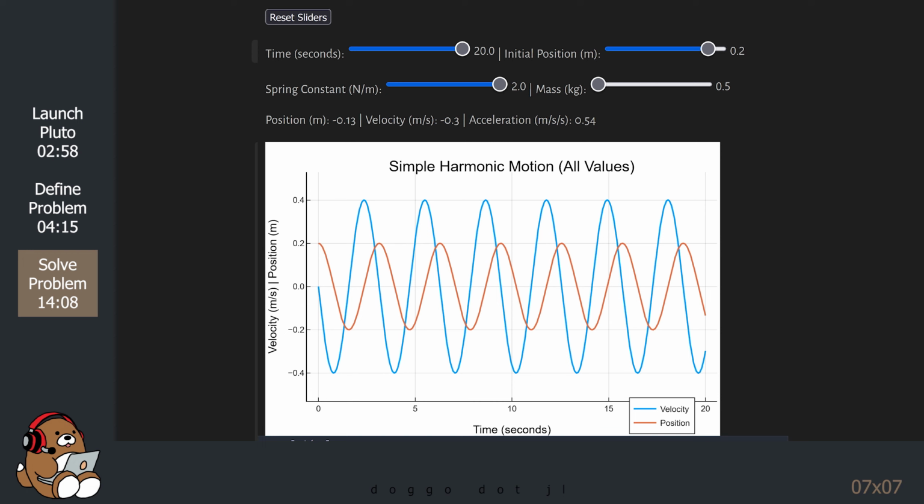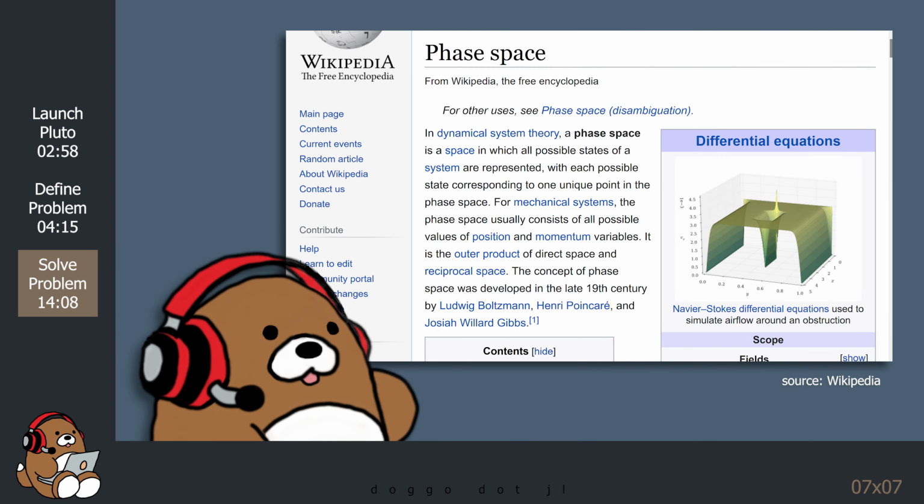Now, there's another type of plot that I want to show you called a phase space plot. According to the Wikipedia article on phase space, quote, "A phase space is a space in which all possible states of a system are represented, with each possible state corresponding to one unique point on that phase space. For mechanical systems, the phase space usually consists of all possible values of position and momentum."